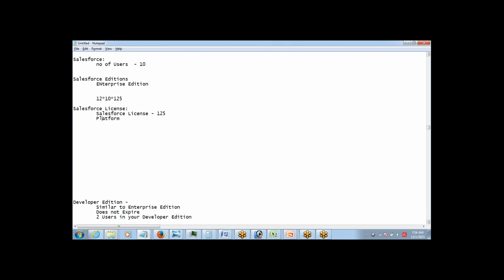There is something called a platform license, and this will cost you only $25. What is this platform license? A platform license will give a user access to the custom apps only. Custom apps are the apps which